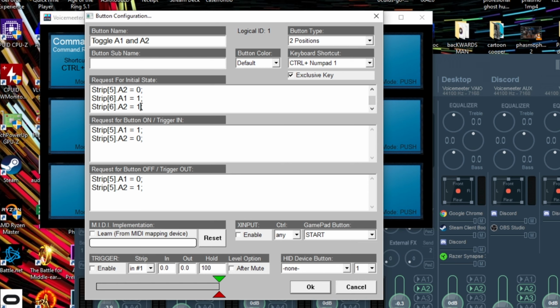And then we want the A2 in 0 mode. So probably best just to copy this, paste this, change this to a 6, this one to a 6, copy this, paste this, change this to a 6 and this to a 6. So now when we hit OK,